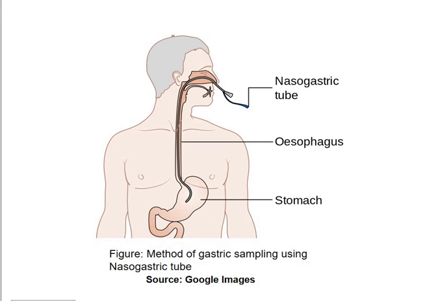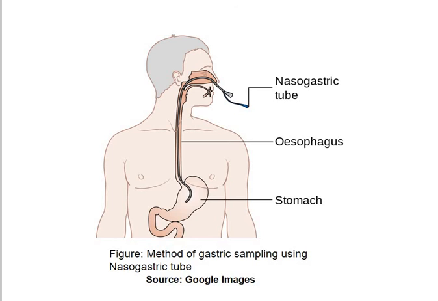Now, in this procedure, for such a patient we have to provide the test meal. The first test meal is the Ewald meal, which consists of 1 roll or 2 slices of plain or toasted bread weighing about 35 gram with 300 to 400 ml of water. This is one kind of meal, the Ewald meal. Then the second kind of meal is the Boas meal, which consists of oatmeal boiled in 800 ml of water until the volume is reduced to 400 ml. This is the second type of test meal.